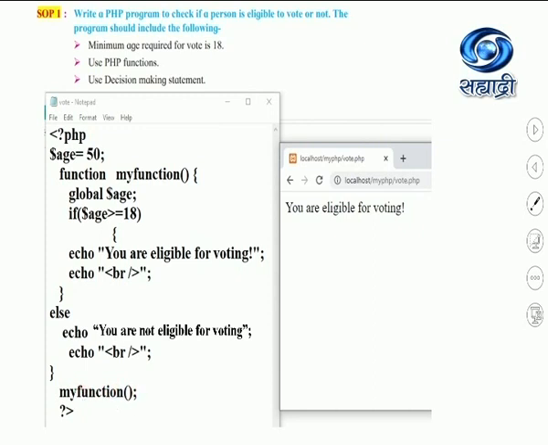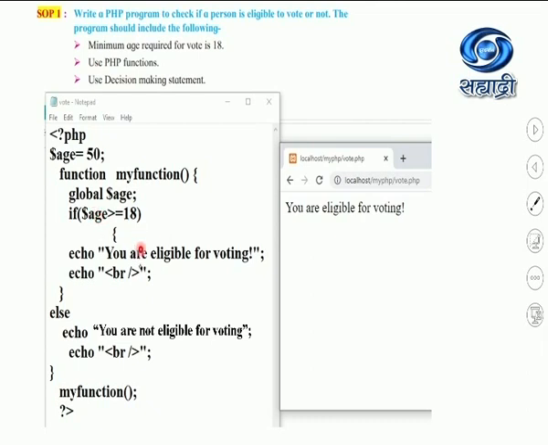Here the function will be called, it will come over here. The age variable will have the value 50 initialized. As it's a global variable, the age I can access inside the function as well. Because of the global keyword, the value 50 can be accessed over here in the function. Here this age variable I am comparing with the value 18.